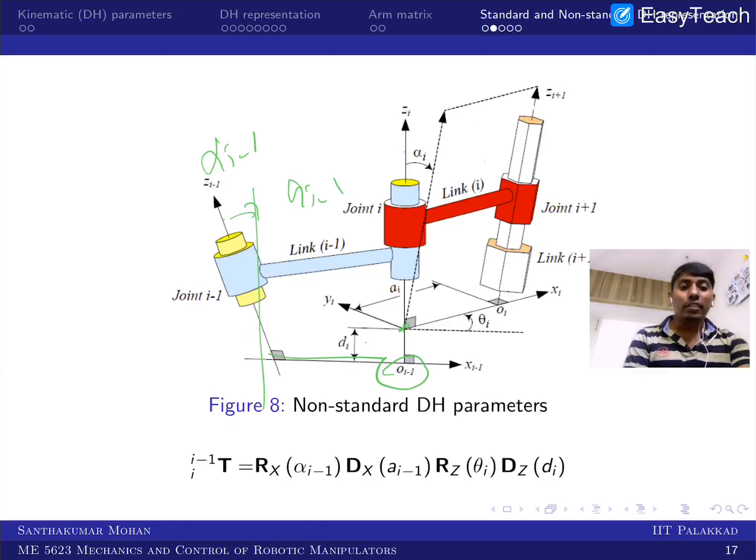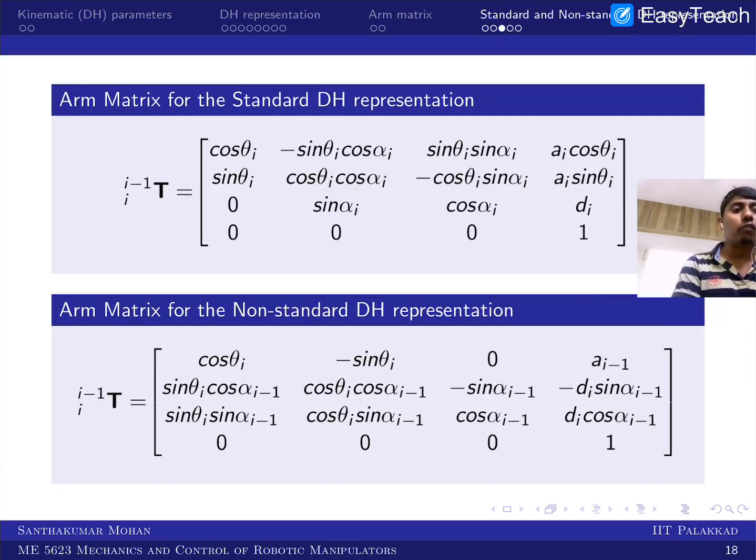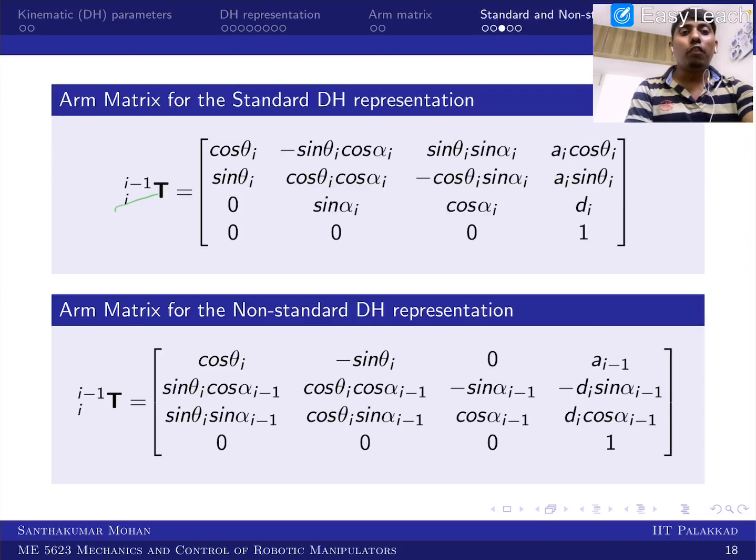So now you can see that this is what you call non-standard. Why is it non-standard? You have a mix of I minus 1 and ith variables. When I want to show it in matrix form, in the standard form everything is in terms of I, whereas in the non-standard form I and I minus 1 are mixed. That is the basic difference, and the choice of standard or non-standard is up to the individual, but we are taking the non-standard for this course, because there is definitely a benefit.